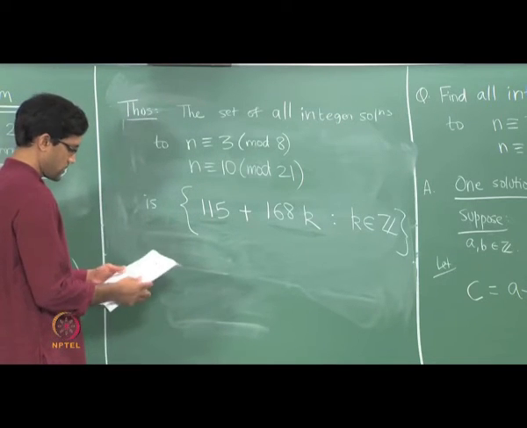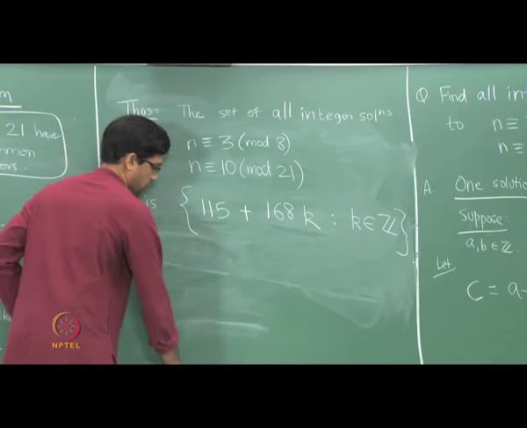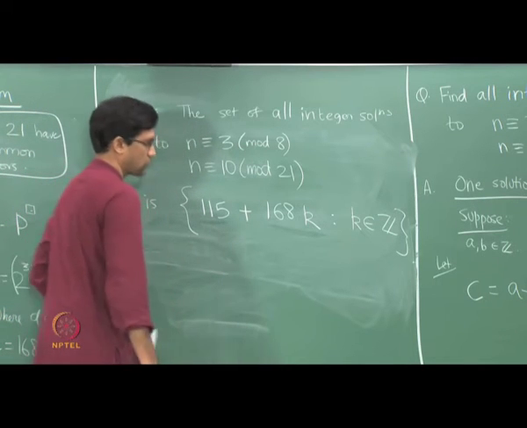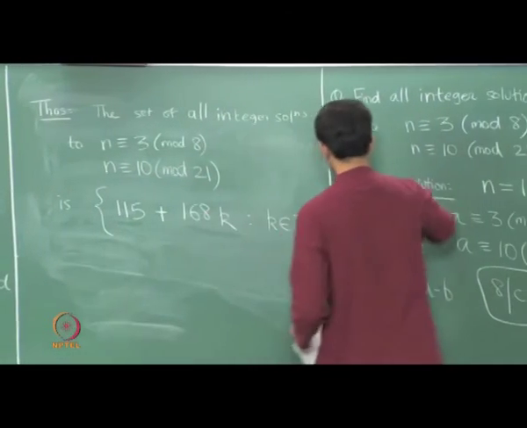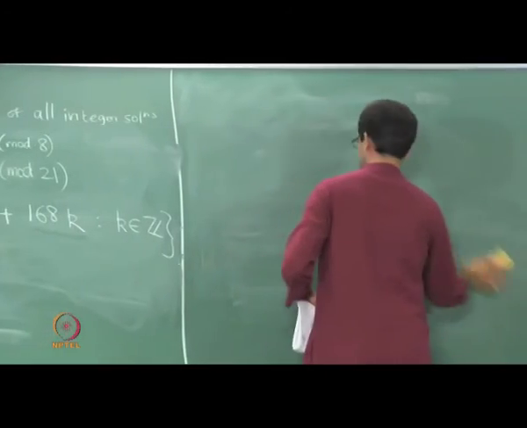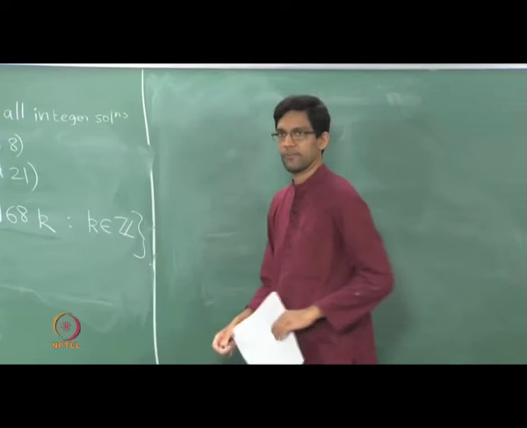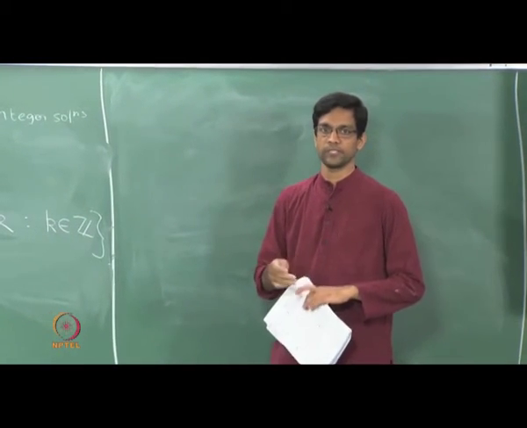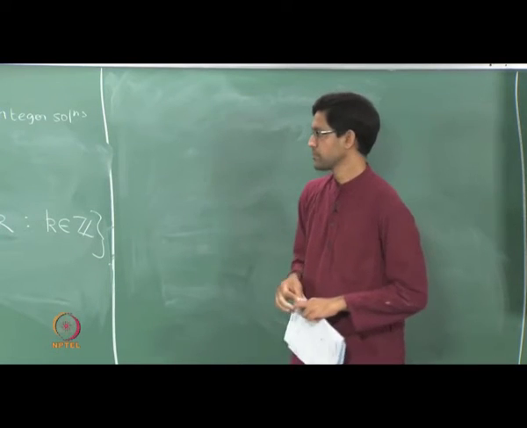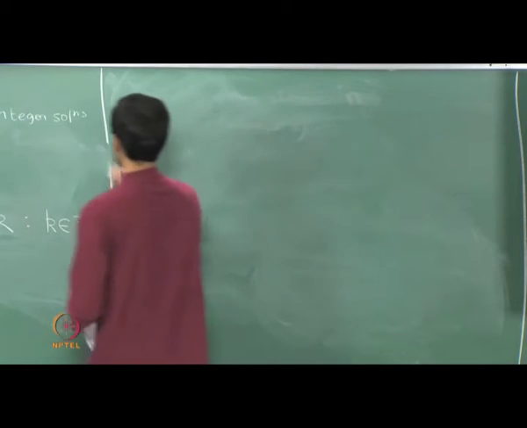So this is an important observation to make, that somehow the fact that these two numbers don't have a common factor is what plays a role here. So suppose we didn't want to actually find the solution, but maybe only wanted to show or be convinced that a solution always exists. So here's an alternate approach.